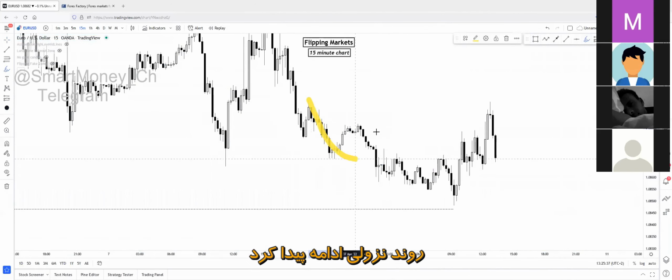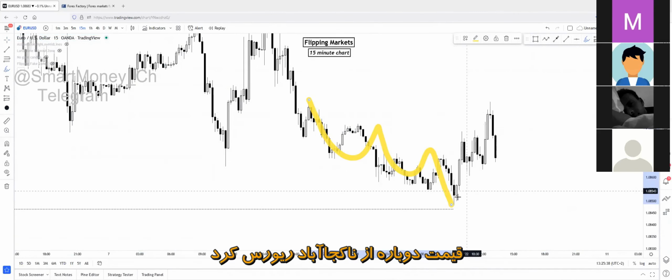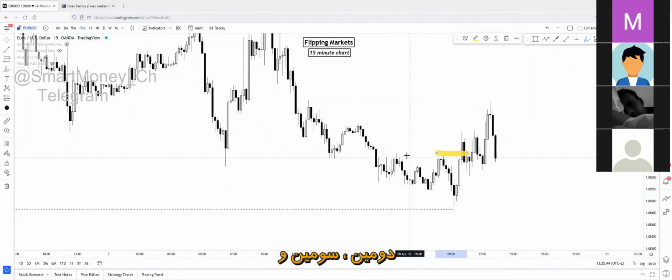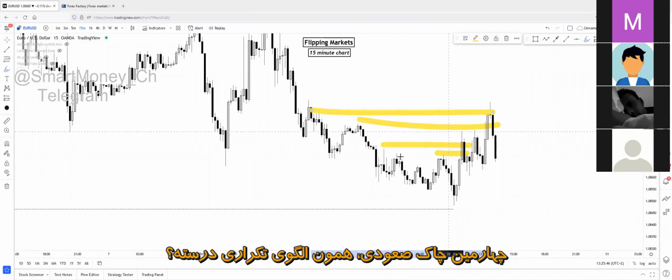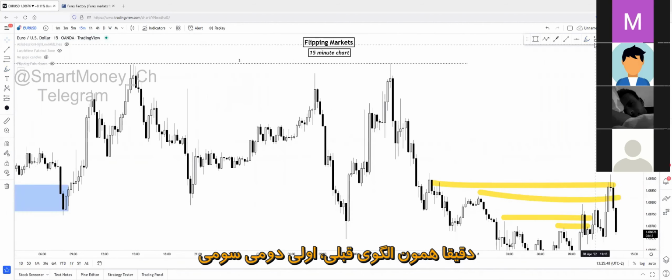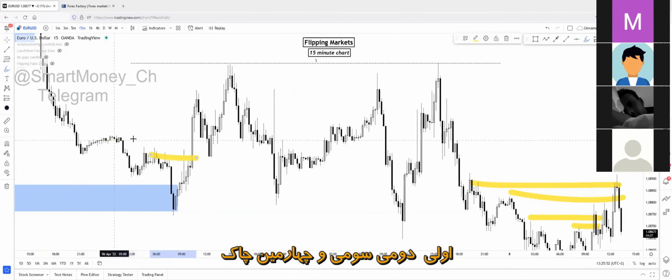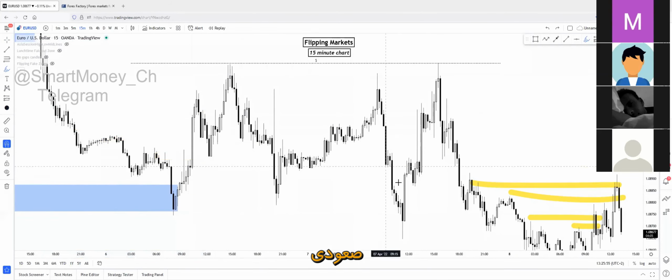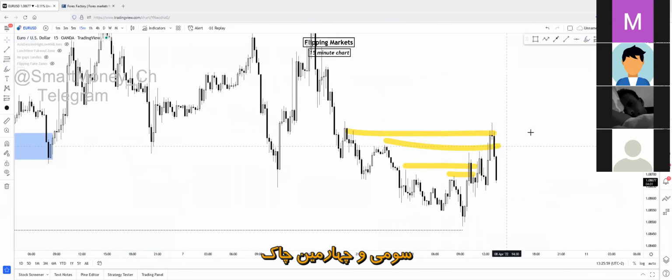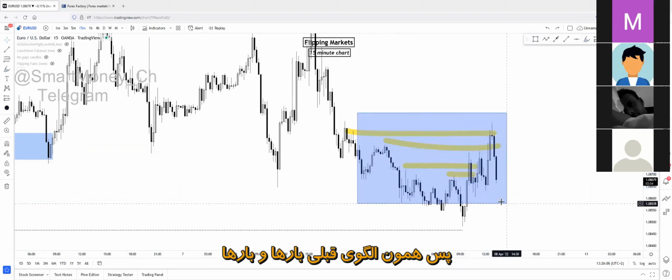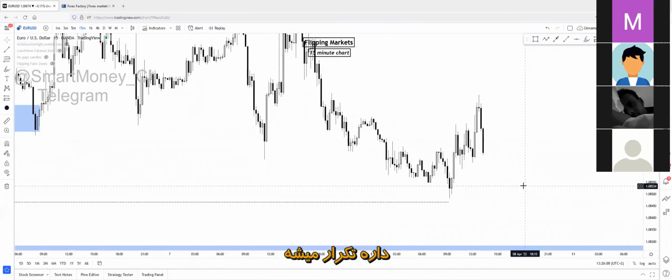As you can see, the downtrend is being continued. Price reversed in the middle of nowhere again. Price has created a change of character on several places again: first change of character, second, third, fourth change of character. The exact same pattern, right? Again and again, first, second, third, fourth change of character right here at this region. So the same pattern goes on and on.